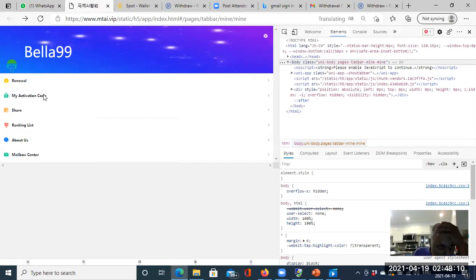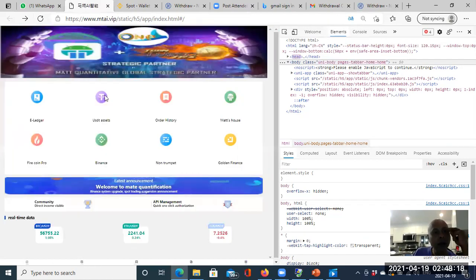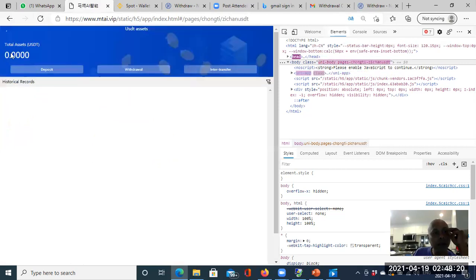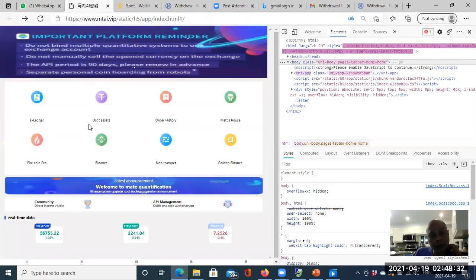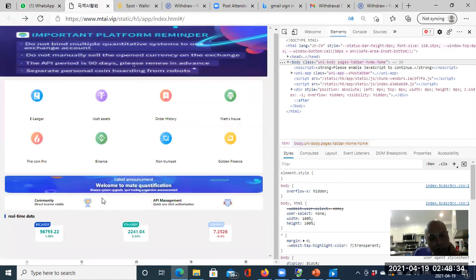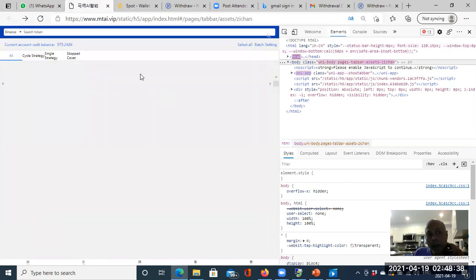So we purchased it. It should reduce the asset amount. Let's just go back to the assets page. Assets, there. Reduce it by 50. So you can see the transaction. You bought the activation code and everything. My sponsor now will get the extra $45 from this purchase. Okay, good. So now all you have to do is hit the trade at the bottom, second one, and start